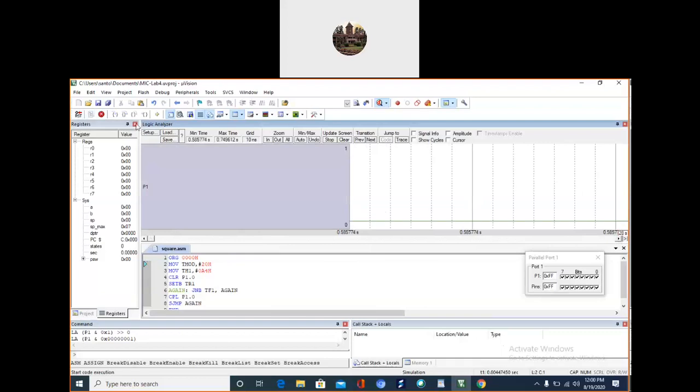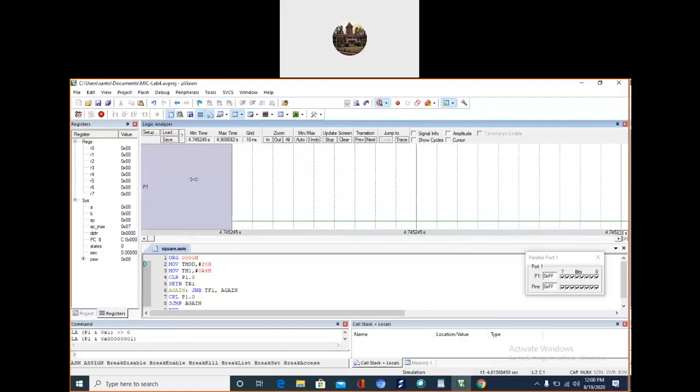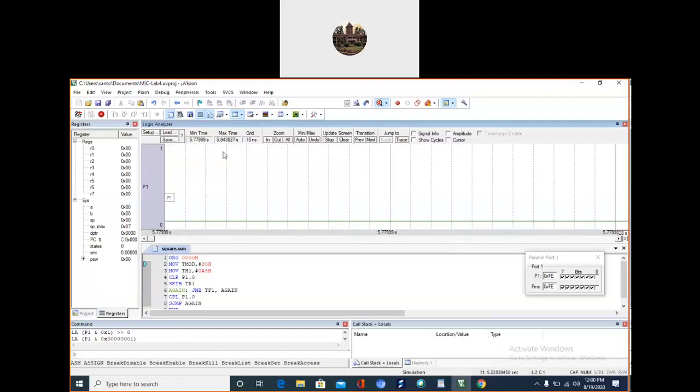Yes, coming. That is the square wave. The movement is there.